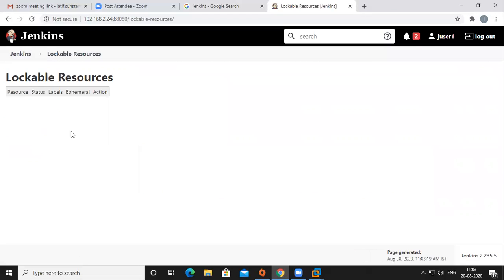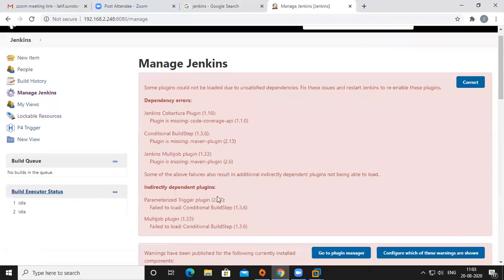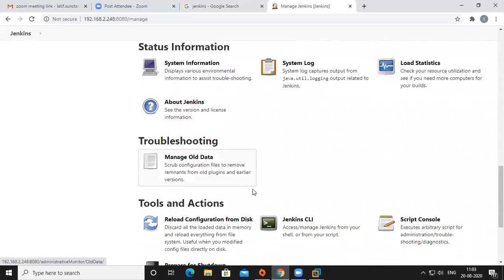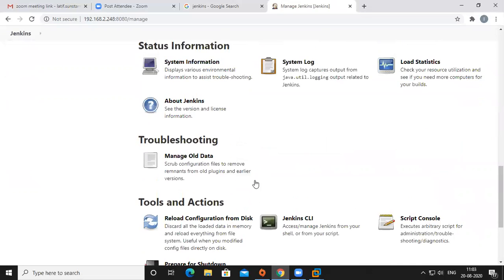Lockable resources and things. Not showing anything, it's still loading, so we don't have time. This is about Jenkins and local statistics. Reload Configuration from Disk means if you changed your configuration, you can get it from the jar file only. Managed files, Active Directory health enable, CLS script console.